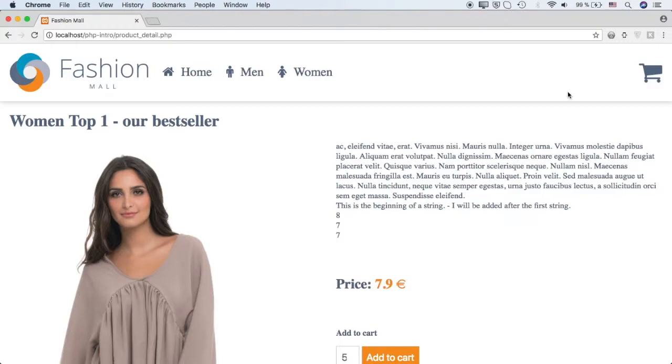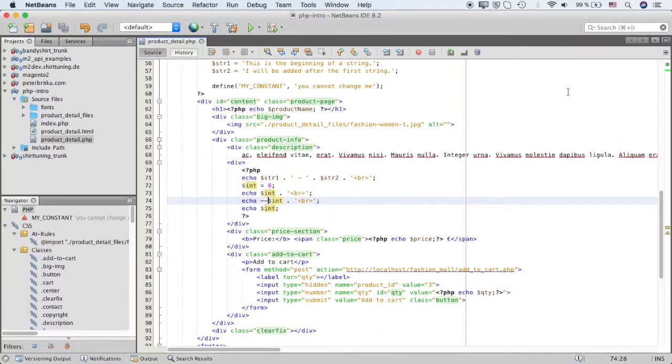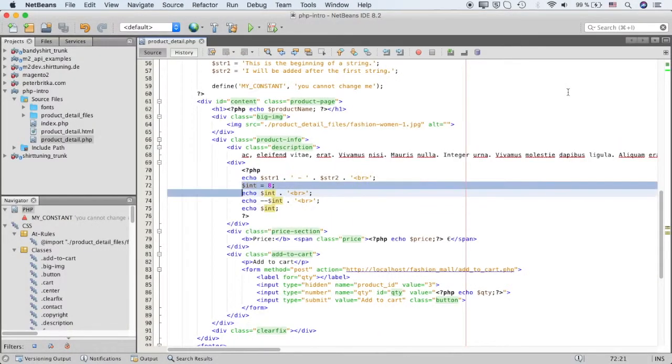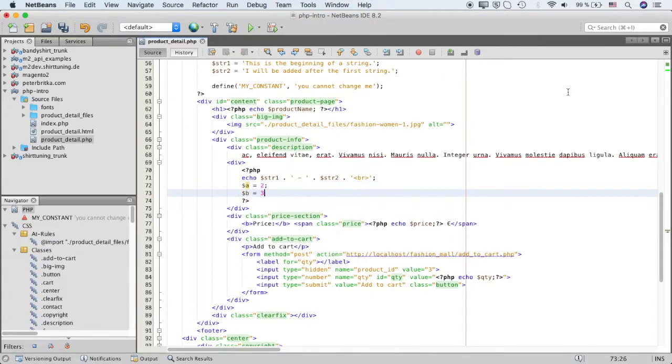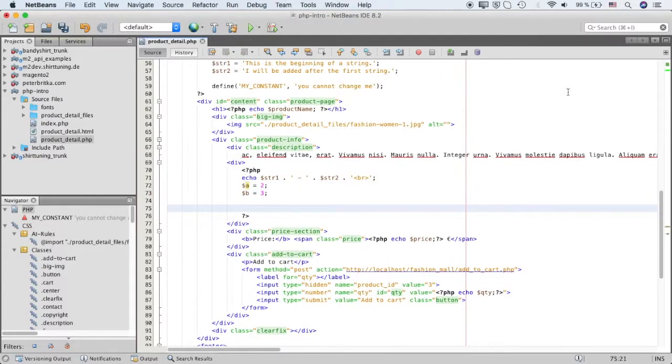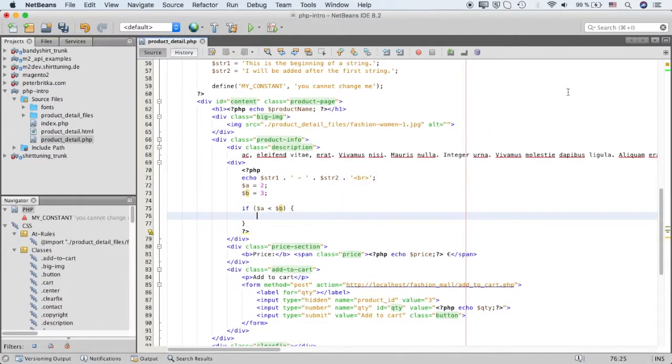Okay, let's move on to conditions. We use PHP conditions if we want to execute some code which is dependent on some condition. For example, we want to execute a part of code if one variable is less than the other. For this, we will need two variables. Let's say a will be 2, b will be 3. The simplest condition that we can write is an if condition. For example, we can write if a is less than b,